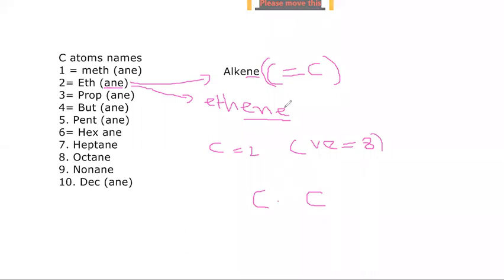Let's suppose we do it the same way we did with ethane. Because there are 8 valence electrons, 4 and 4, this is the molecule of the alkane, and you can name it: this is ethane. Now I'm going to draw a skeleton structure for ethene, because ethene has a carbon-carbon